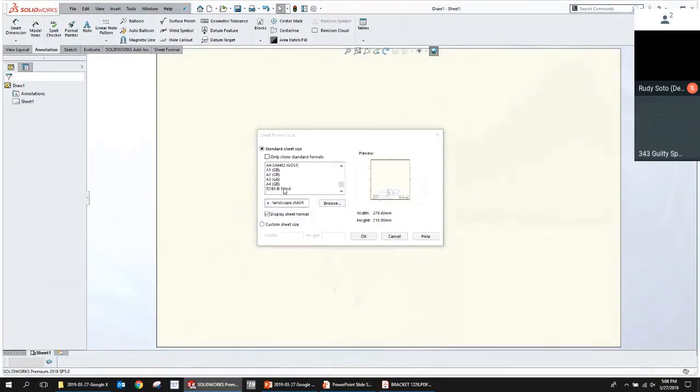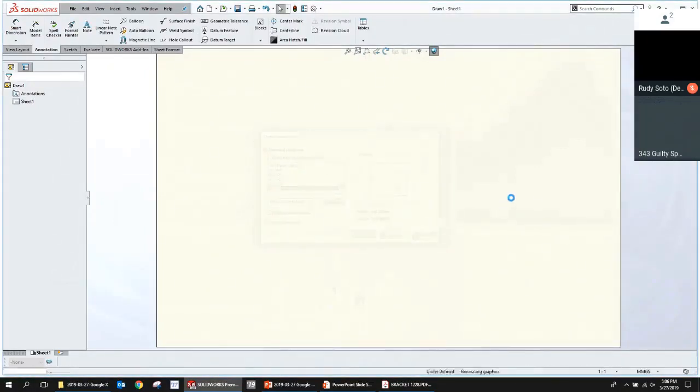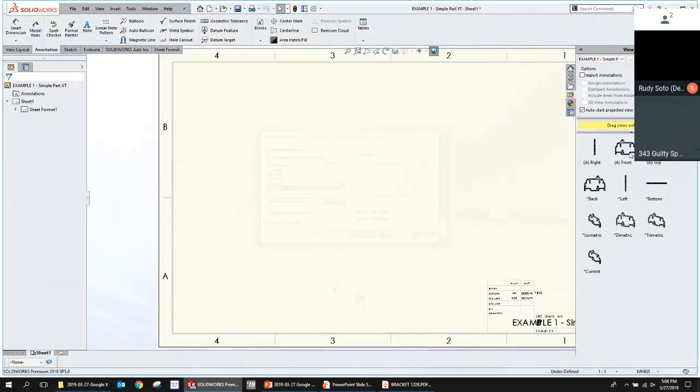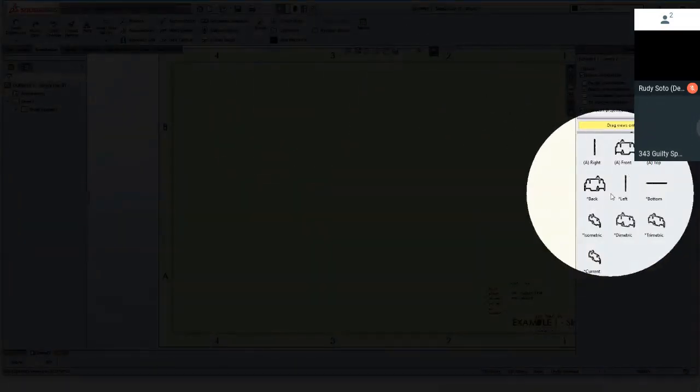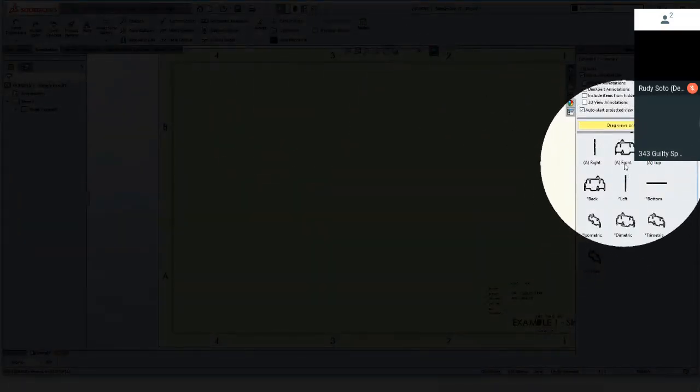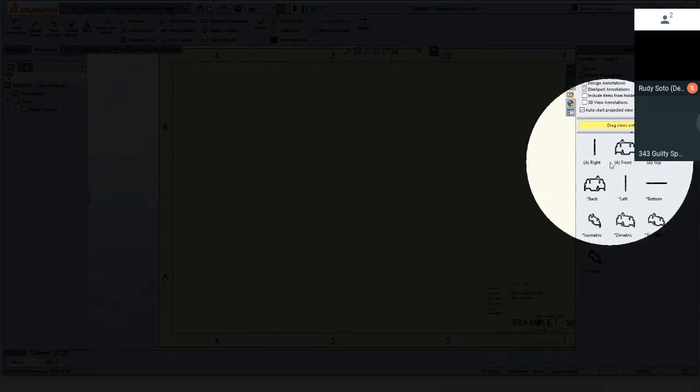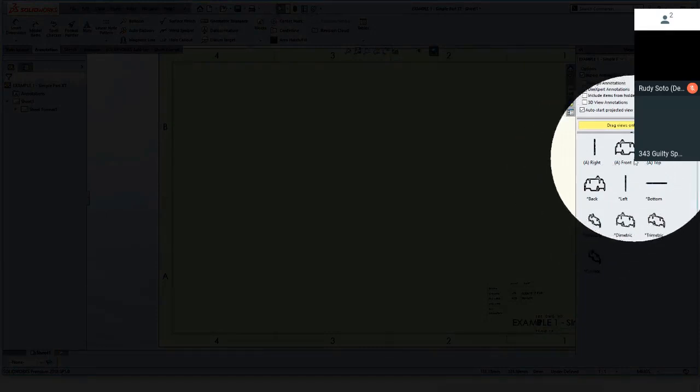when I go to make this drawing, I can bring in one of these views. And here I can say I want to import annotations. And I can say I want to bring in the DimExpert annotations. And so what we'll see here in the view of the tree is that some of these views have a little A on them. And that means that's an annotation view.